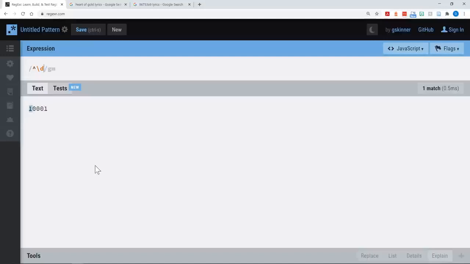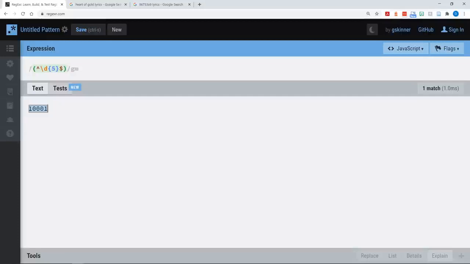At least in the United States we have 5-digit zip codes, so let's specifically tell it 5, and from there we could also say this is where the zip code ends. Now we can make all of that a capture group by putting parentheses around it, and now you can see when I mouse over it will say group number 1 and it shows the zip code, so we have captured